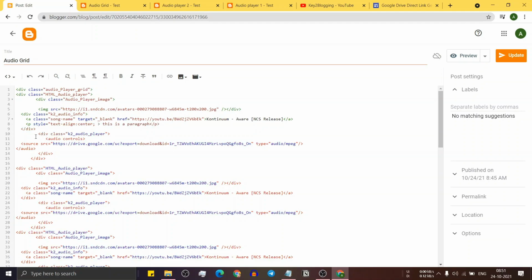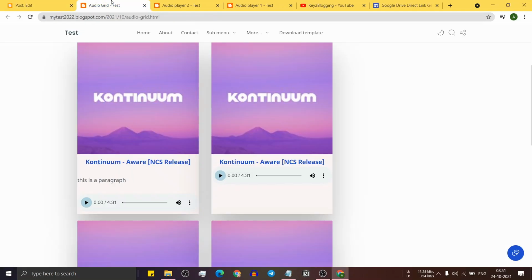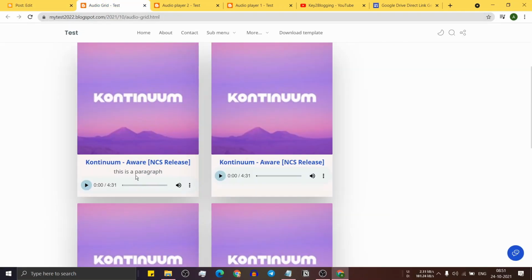Now I have to add the margin from the left and right, so I will type margin and I will add a margin of 0 px from top and bottom and 10 px from the left and right. Now let's hit the update button. Now let's refresh this, and as you can see, the paragraph is moved to the center. So in this way you can add a paragraph to this grid.